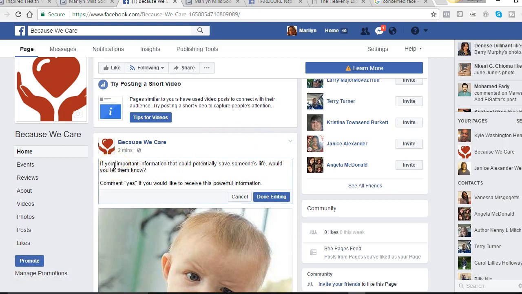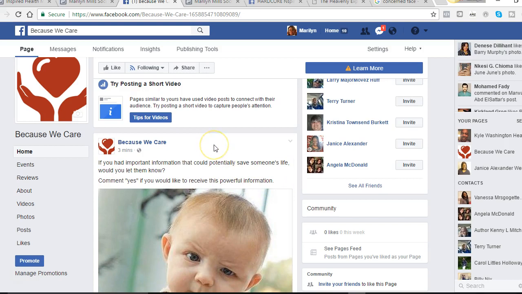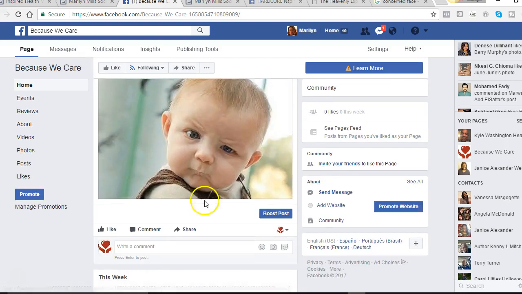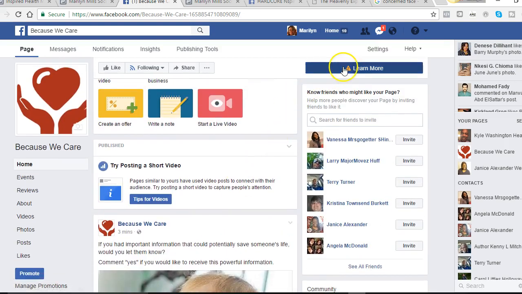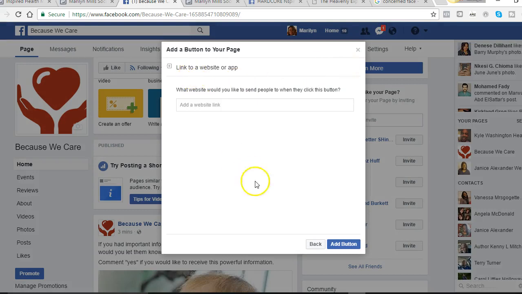So it starts out giving them what my ad copy is starting to talk about, and if they want to read more, sort of like a cliffhanger. If they want to see the whole thing, they can simply click on that notification and go over to the page and see it. And that's the purpose of linking them to your page and getting these likes and getting targeted likes. All right, so here in our Learn More section,